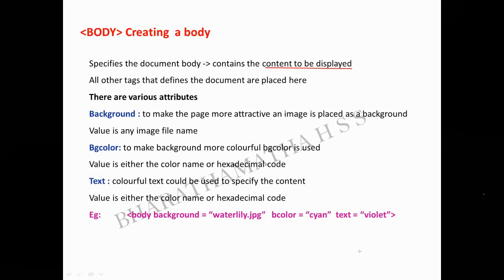You can change the font, you can change the style. All these can be done, and for all these separate tags are there. For performing each and every work, separate tags are there. All these should be embedded or enclosed within your body section.